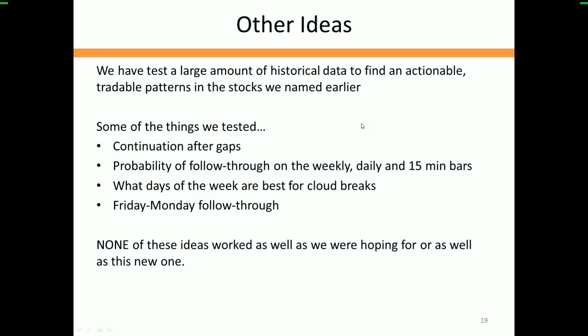We did test and look at historical data of a lot of different things, and nothing seemed to work, to be honest. We looked at continuation after gaps. Doesn't work. Probability of success on follow-throughs from Monday to Friday. Doesn't work. What days of the week are best for breakouts? Doesn't work. I had my guy run for the last 2 years: if Apple has a bullish bar on Friday, what's the odds it's bullish the next week on the weekly chart? It's literally 50-50. If Apple has a bull bar on Monday, what's the odds that it's bullish between Tuesday